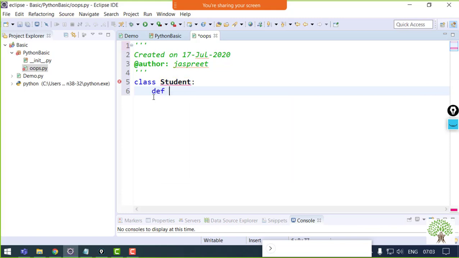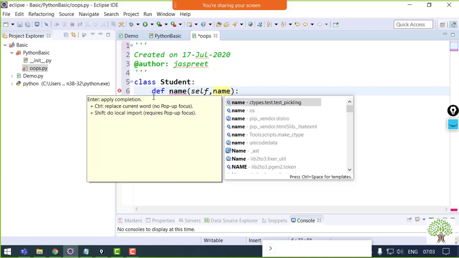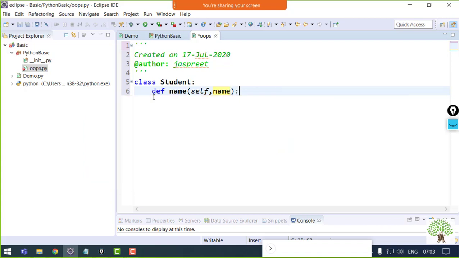Inside this I'll have a function name, and whenever this function is called, the name will be passed as a parameter and the data will be sent when it is called. Now what is the self keyword?